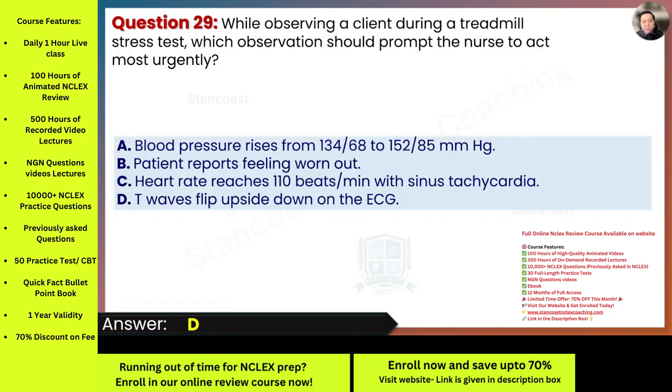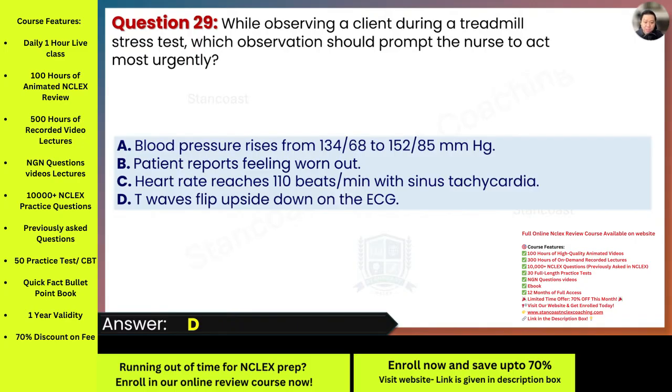Now, you as a nurse observing this client during the treadmill stress test, your main concern is identifying any sign of distress that indicates the heart is not getting enough oxygen. And so this is where the T wave inversion, which is in D, is critical. When the T wave inverts, it signals that the heart muscle is experiencing ischemia. Basically, it's not getting the oxygen it needs. And again, this is a red flag because it could be a precursor to a heart attack or more severe